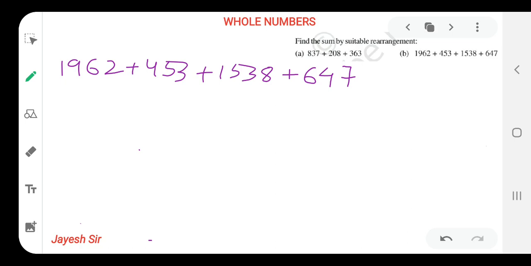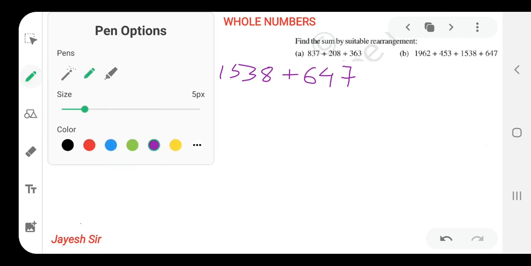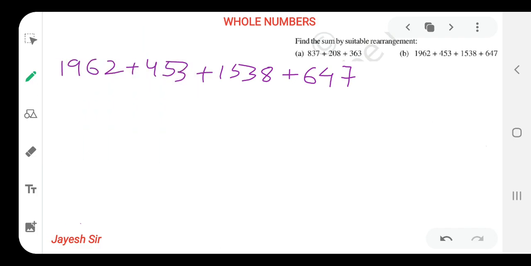I am telling the answer, how I have solved: 1100 plus 3500. So our answer is 4600. So let's see how I have got this answer by making the suitable arrangement and calculating suitably. Yes, friends, 3 and 7, as we have already done, after adding 3 to the 7, it will result in 10. So I want to make a bigger number, that makes my calculation easier. So let's make zeros.